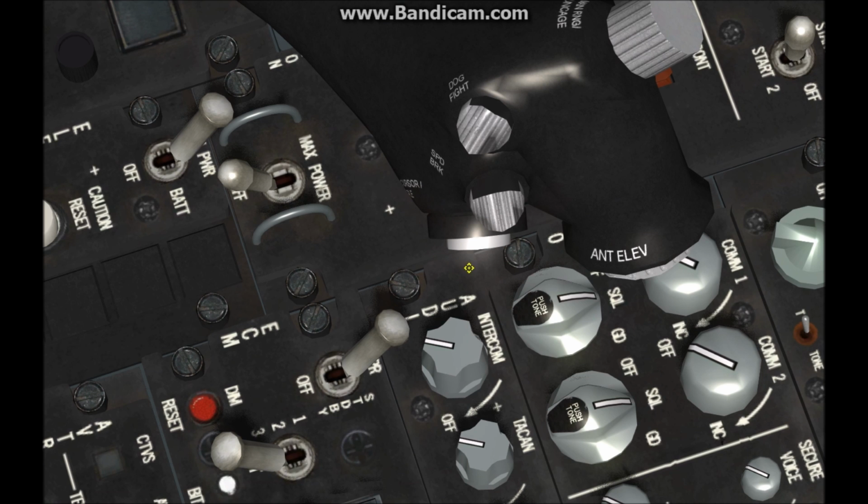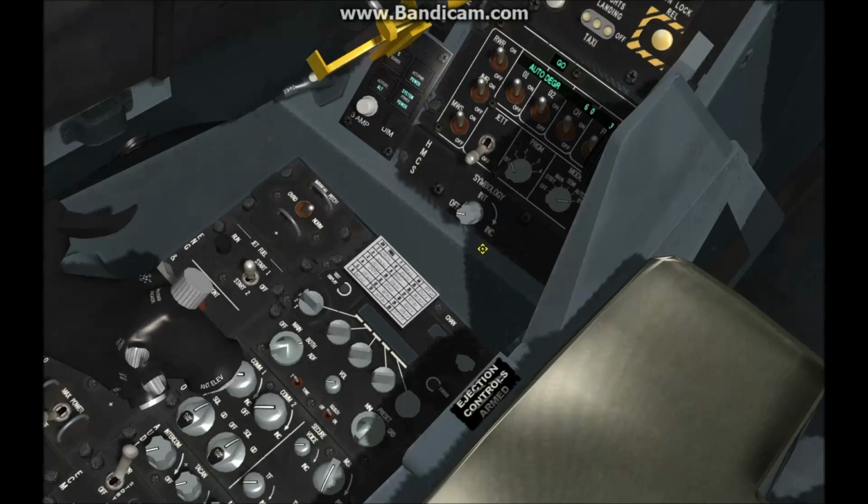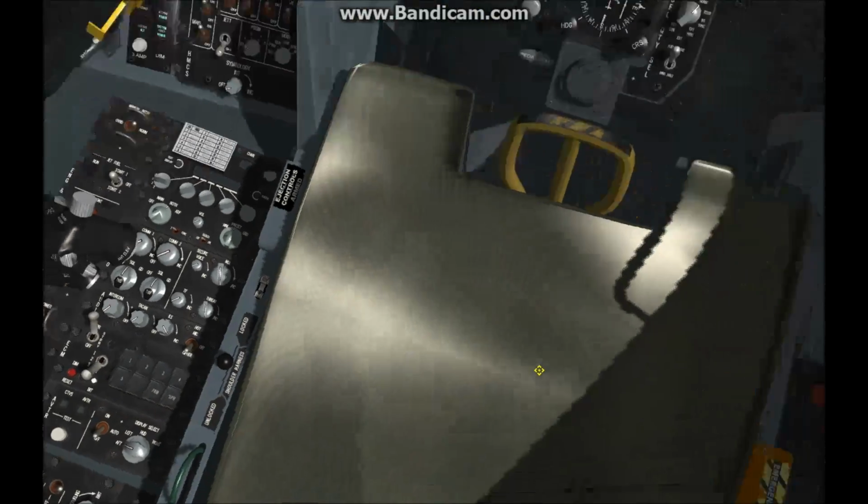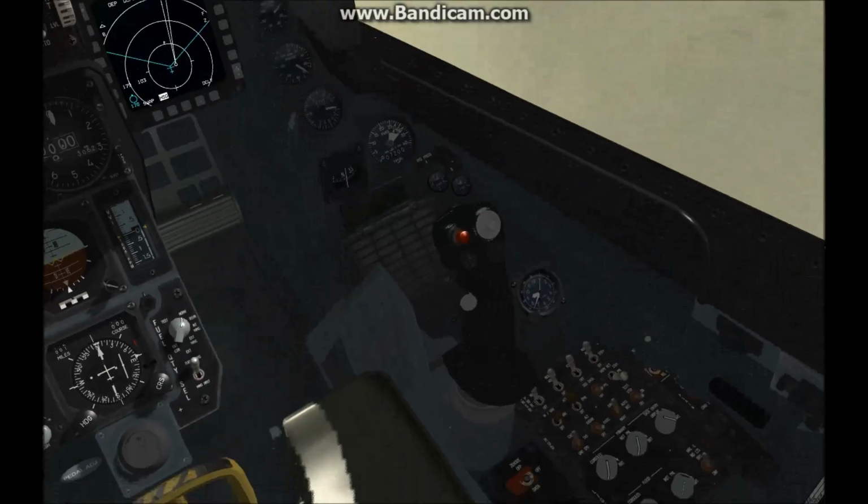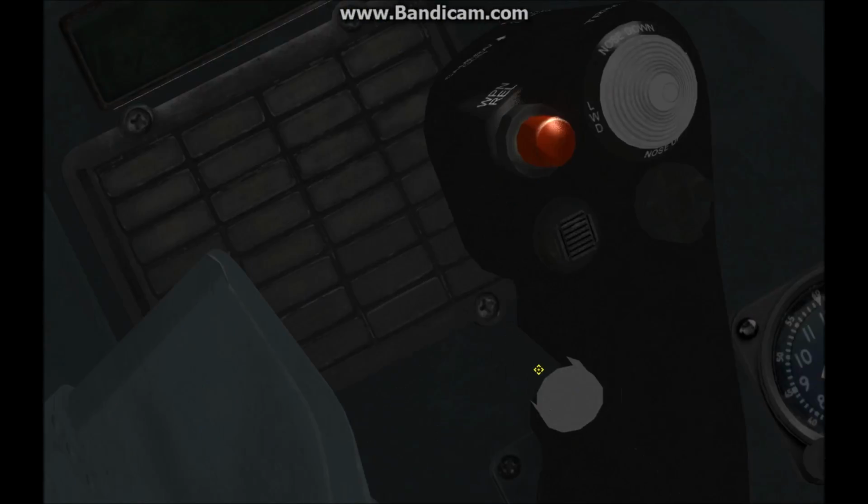This is the radar slewing cursor. This goes up and down and forward and back. And here on the controller,